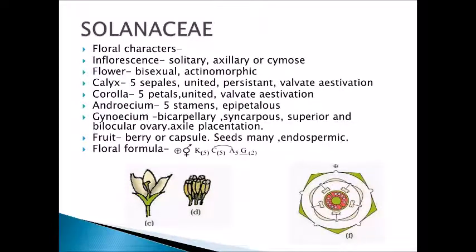This is the gynoecium part where it is showing only one chamber, that is unilocular ovary, and either one or many ovules in it. This dot shows the mother axis, from where the flower is born. On that, the shoot mother axis is shown by the dot. So you have to learn these characteristics, and floral formula and floral diagram you have to practice, because generally such questions are asked as a diagram in the exam.